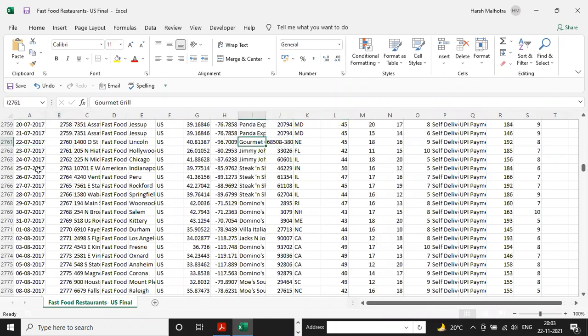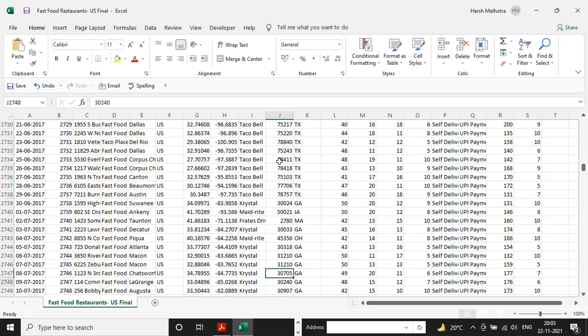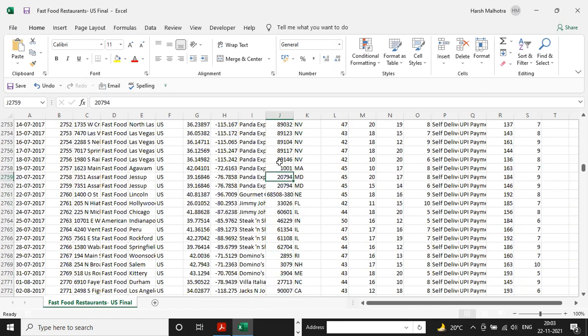Okay, see this one. See why it is showing as error, because in this format we have 68508 comma, this dash. These are the format, and this is a different format. So that is the error, because for all this postal code is different, and this is a different column.